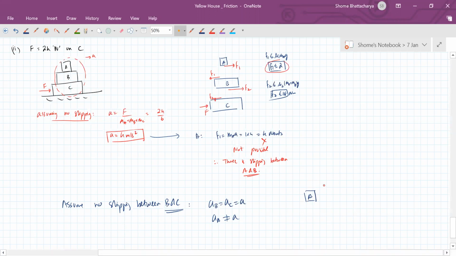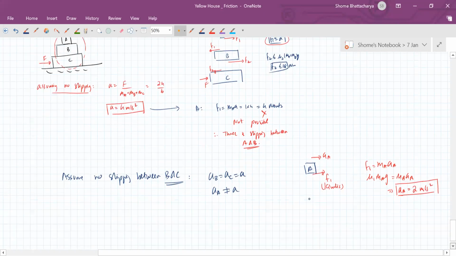On A, there is kinetic friction, which is giving it an acceleration like this. Okay. So solving this will give us the acceleration as 2 meters per second square, because coefficient of friction was 0.2. Okay. Whereas for B and C,